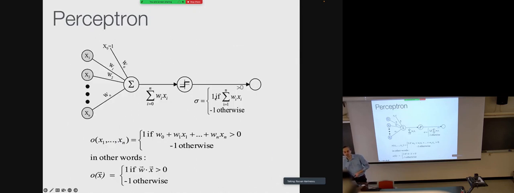Quick question: can somebody tell me what this activation function looks like for the perceptron? So this one here. Less than 0, the inner product of w and x less than 0 should just be a straight line at -1, and greater than 0 should just be a horizontal line. Yeah. So it does look like a step function.